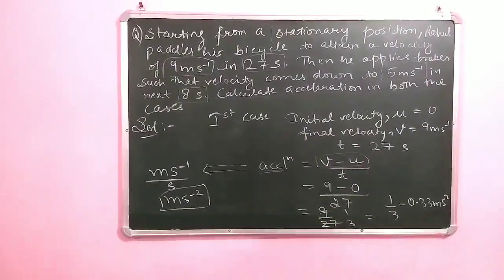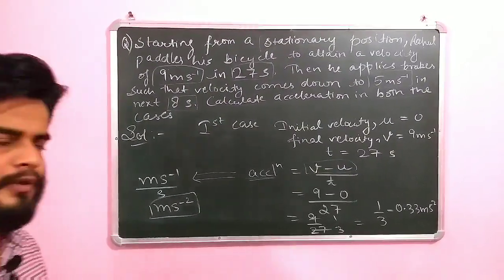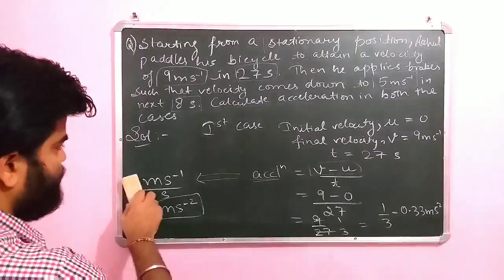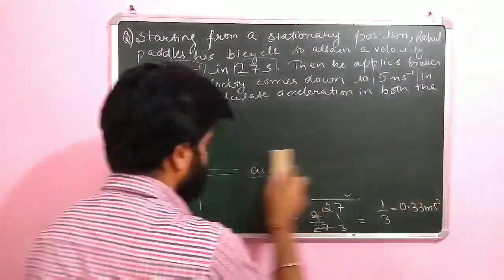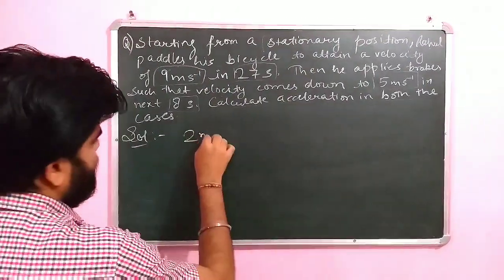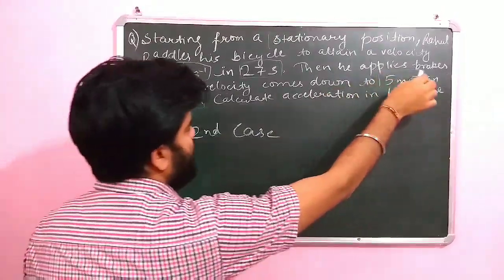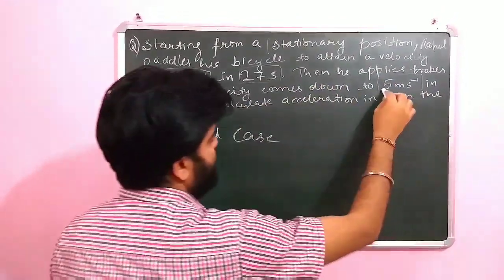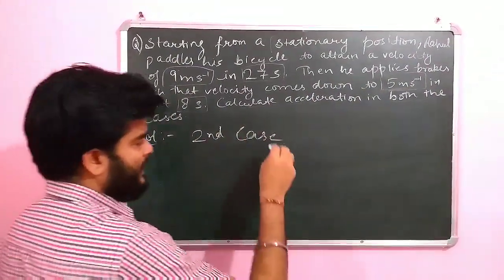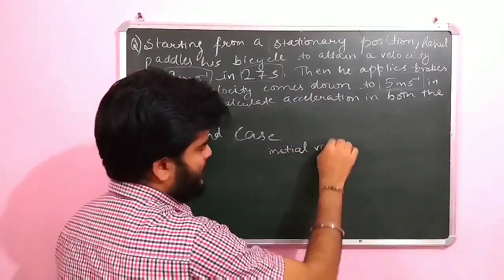Now let us do the second case. Note it down by pausing the video. I hope you have taken the screenshot. We are doing the second case now. In our second case, you can see that he applies the brakes and its velocity comes down to 5 meter per second. It means in this case the initial velocity